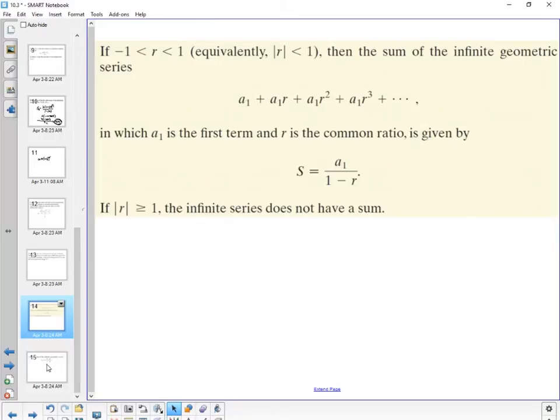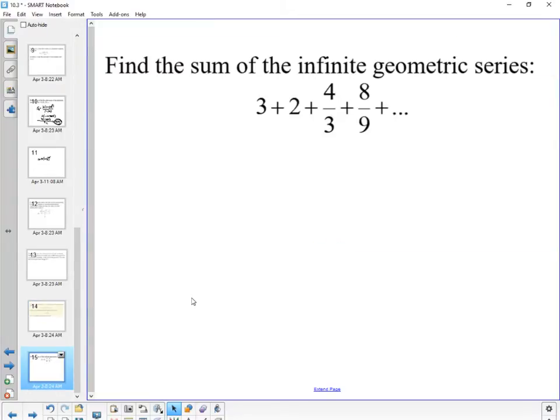You guys got this copied down? Or is it like, let's take it for a test drive. Find the sum of the infinite geometric series: 3 plus 2 plus 4/3 plus 8/9, and so on. Find the sum. So I have to find